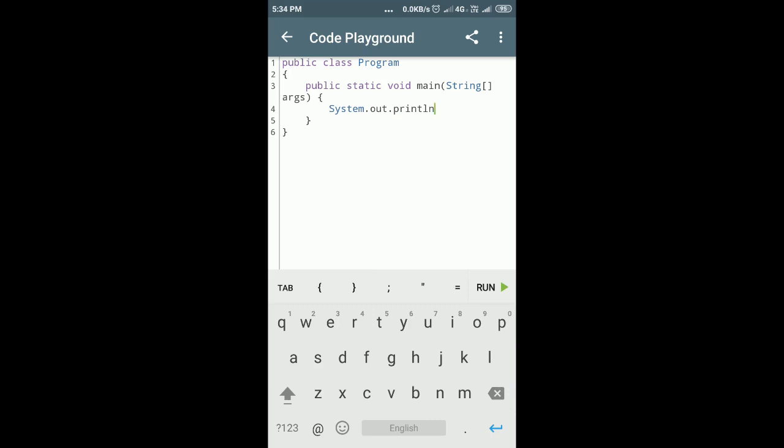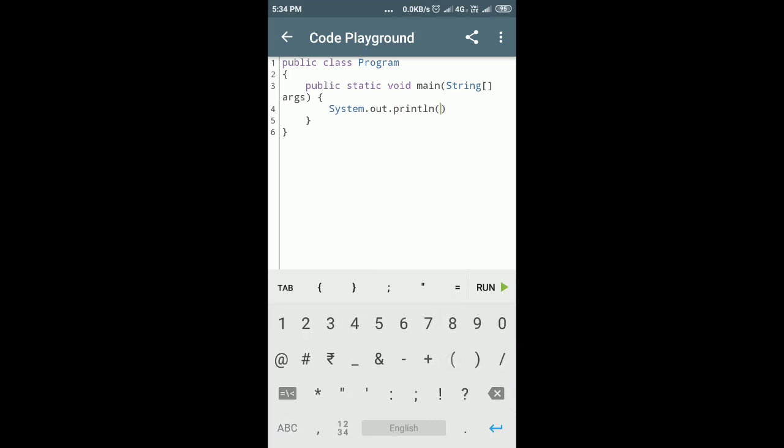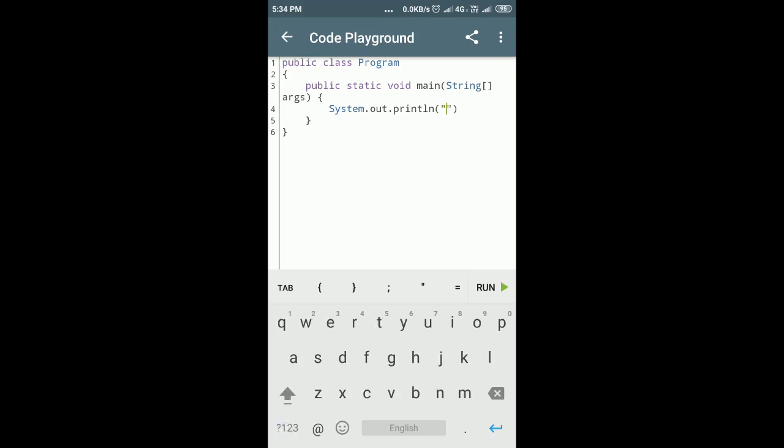So in that I will type just hello world. So end with the semicolon.